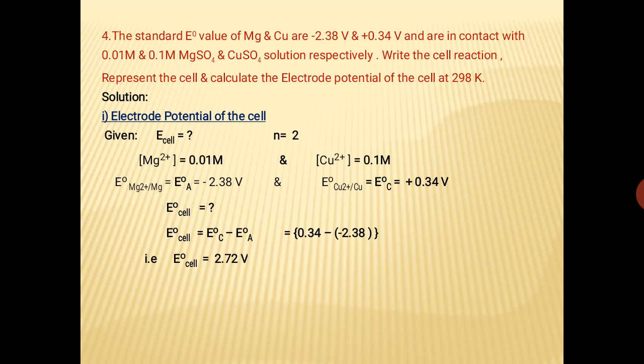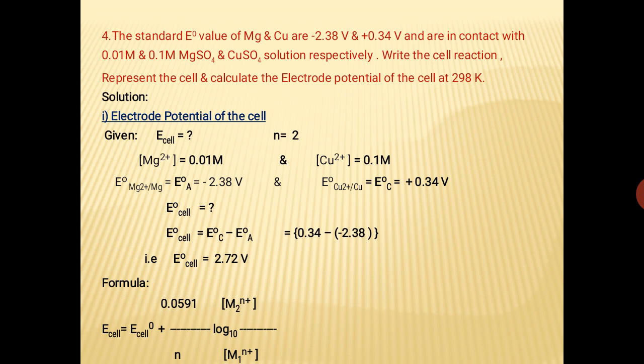So we have all the parameters which we need to substitute in the formula. Let us see the formula. Here we are going to use the electrode potential for the cell formula, which is E cell equals E0 cell plus 0.0591 upon n log to the base 10 of M2 n+ upon M1 n+. Here M2 n+ is the cathode ion and M1 n+ is the anode ion.